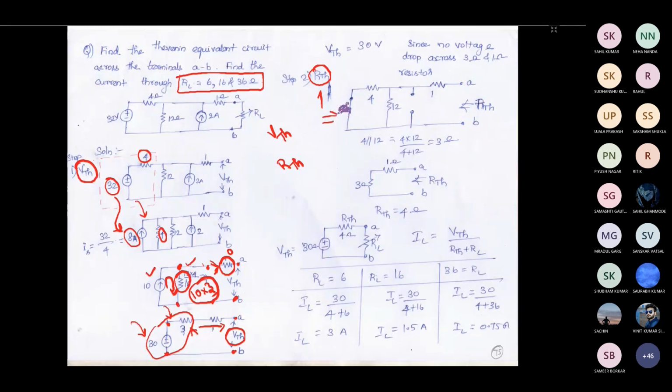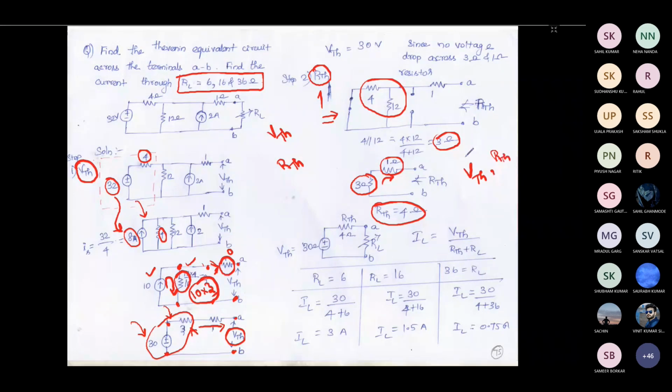If you start from here, you are having one 4 ohm resistor and 12 ohm resistor, both connected in parallel. So if you find the equivalent, it is 4 into 12 divided by 4 plus 12, that is coming as 3 ohm. So if you find the equivalent value, the circuit will reduce like this. You are having a 3 ohm resistor that will be connected in series with the 1 ohm resistor. So if you see that both are in series, you can just add them. You will be getting R Thevenin is equal to 4 ohm. Okay, so now what we have found, we found VTH and we have found RTH.